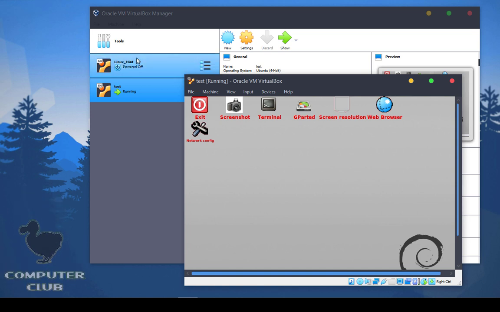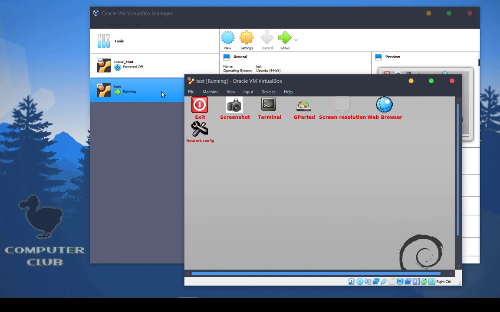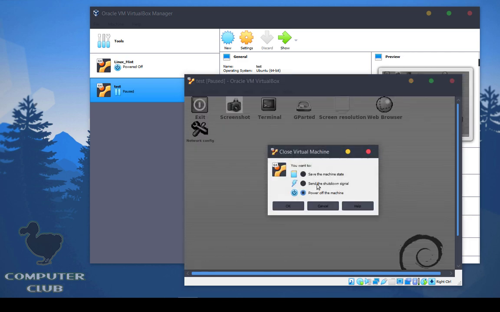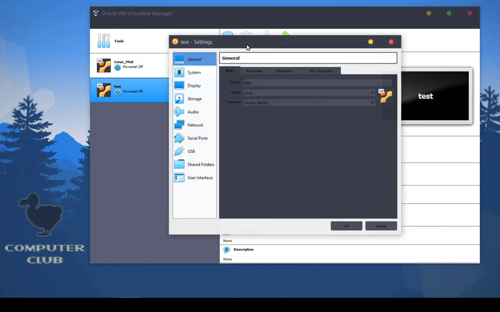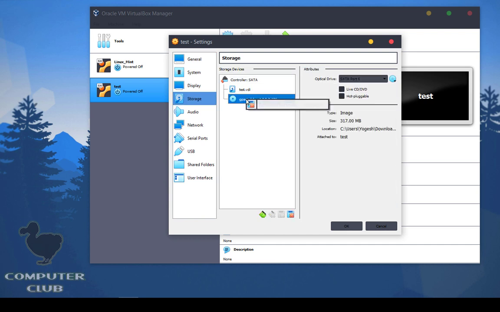So since we're in a virtual machine using VirtualBox, you won't be needing gparted, but I only explain this part for people who are going to use dual boot. Okay, so let's power off and go back into settings, storage, and remove this